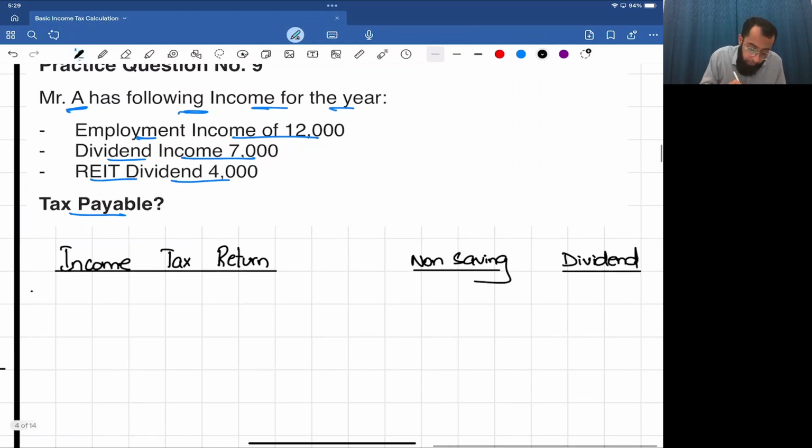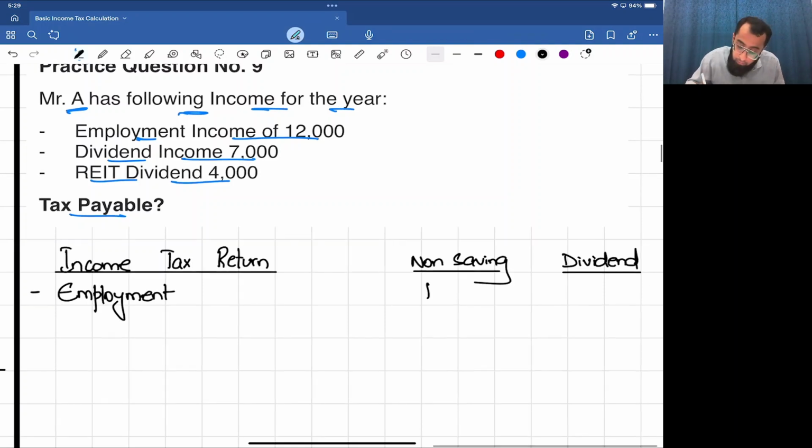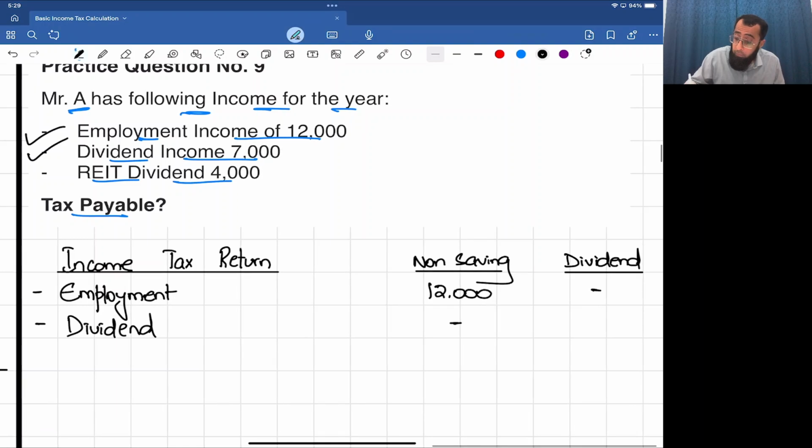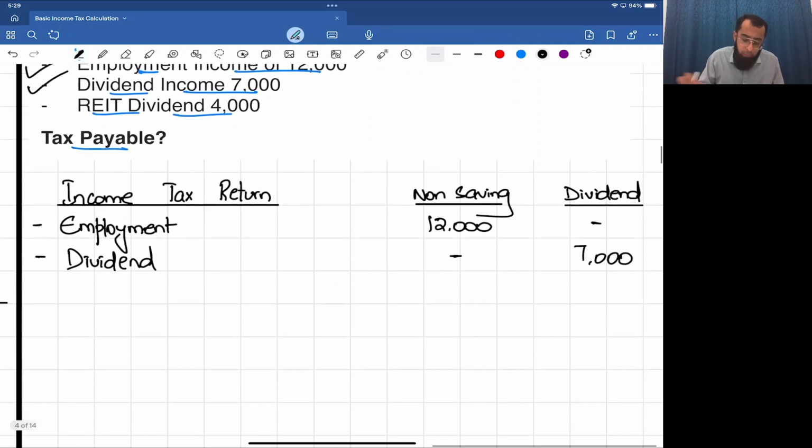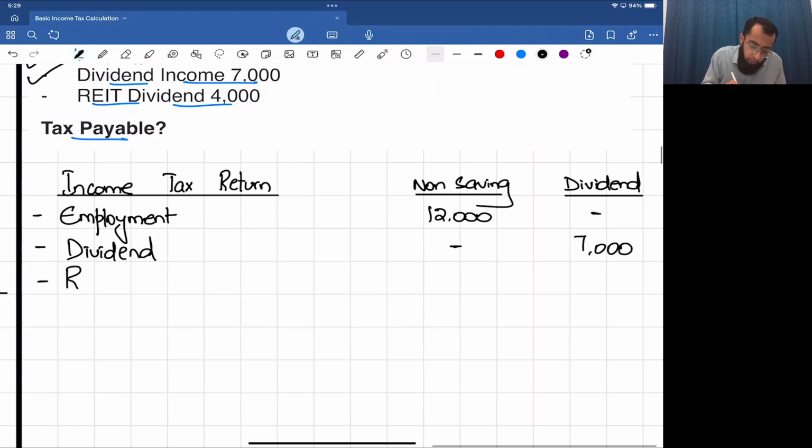Okay. The employment income goes in the head of non-saving, 12,000. Dividend income, 7,000, goes in its own head. And then comes the REIT, real estate investment trust, 4,000,